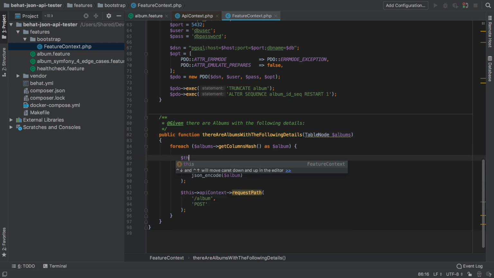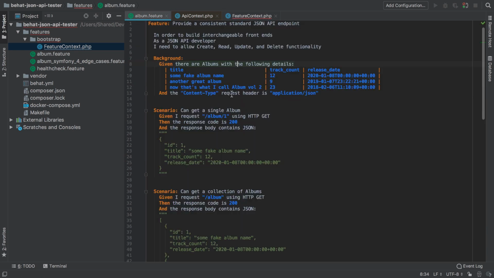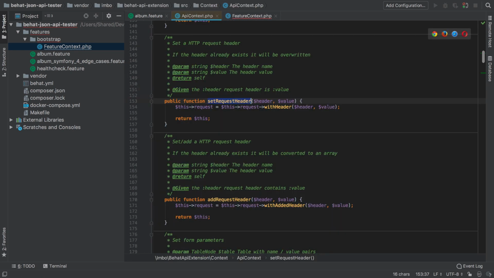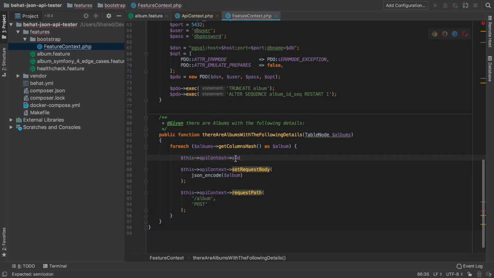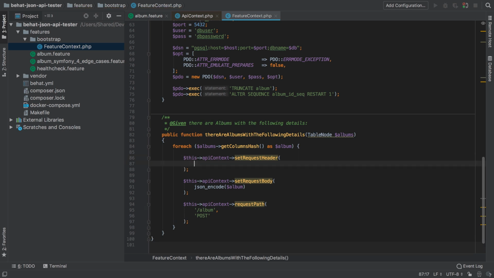Well, this is a somewhat unusual and unfortunate side effect of the way that we're running our tests. Our tests have to be completely independent of our various implementations. So we're seeing some sort of weird caveats here that you probably won't ever experience if you were only using BHAT for one project, which would be the typical way to use BHAT, I would imagine. What's happening here is really unintuitive,